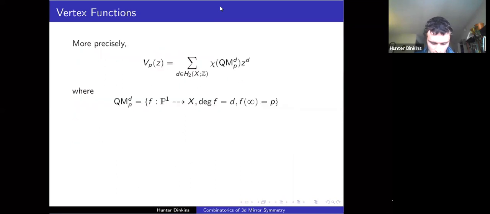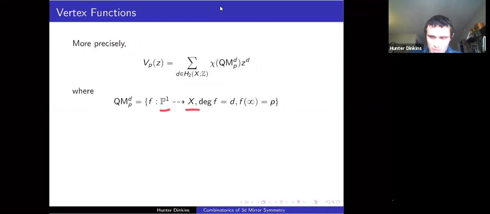More precisely, to get the vertex function you need to build some sort of good moduli space for the problem of curves inside of the quiver variety. The right one in this context is the moduli space of quasi-maps of a certain degree. Then you take a generating function for the equivariant Euler characteristic of the quasi-map moduli spaces. I'm not going to say all the precise definitions, but if you just want to think about it roughly,